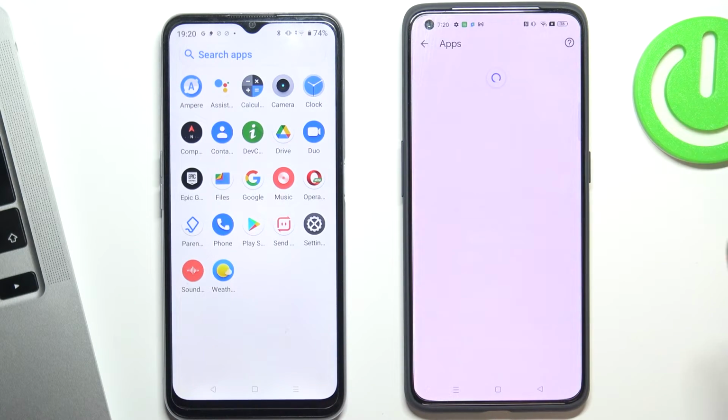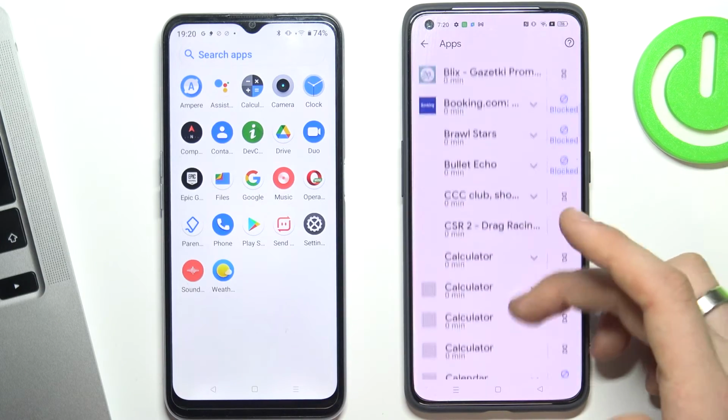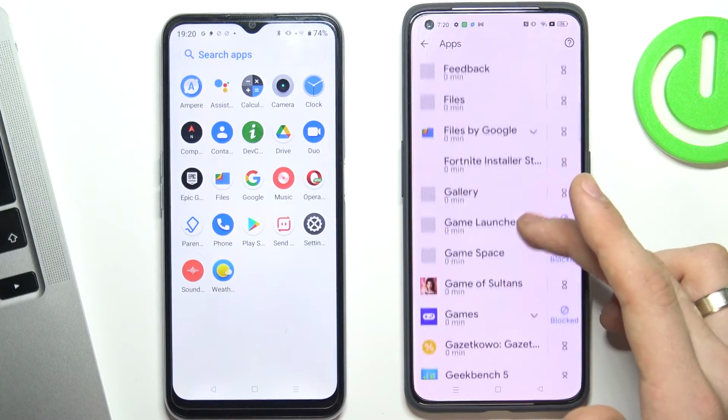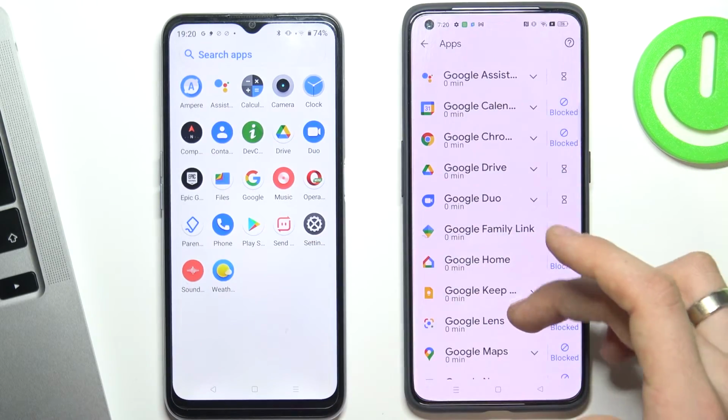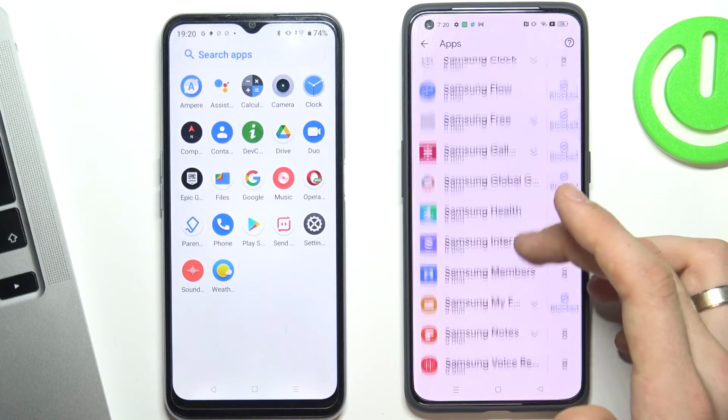For example, how you can block applications on the child's phone. You need to open these menus and scroll down. For example, I want to block Send Anywhere. So find Send Anywhere in